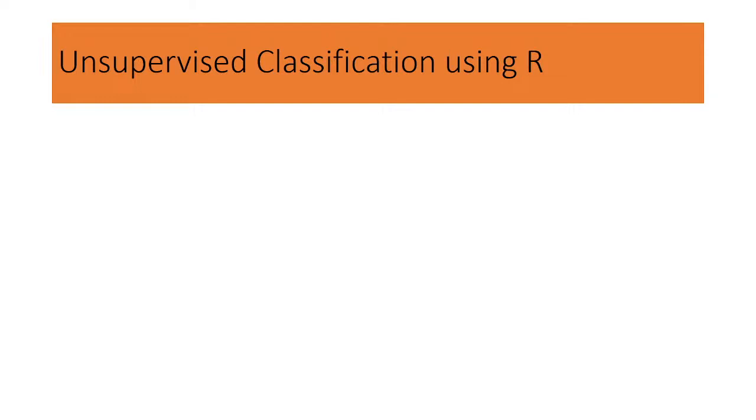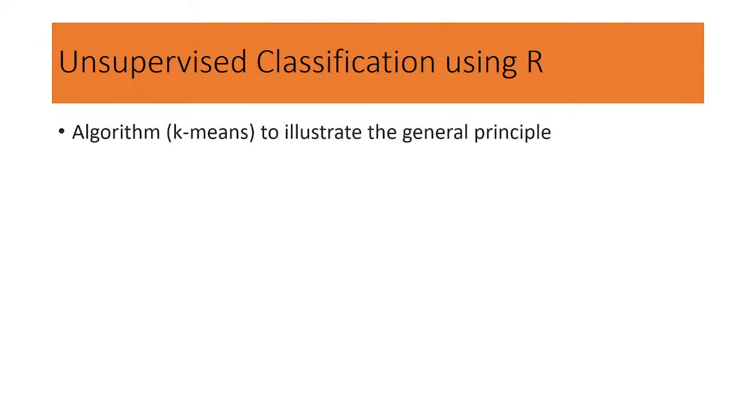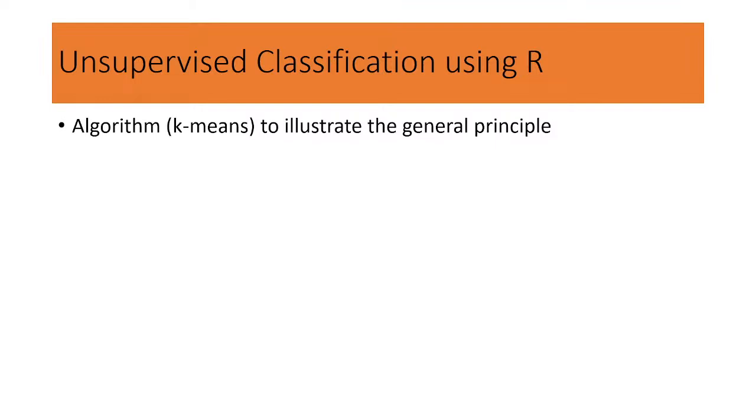We did not take any training data set for each class. Mainly we use an algorithm called the k-means algorithm. This k-means algorithm mainly finds the similar pixel values